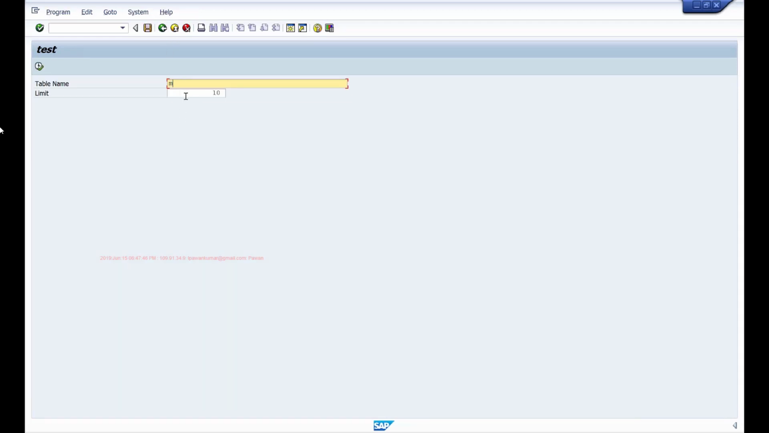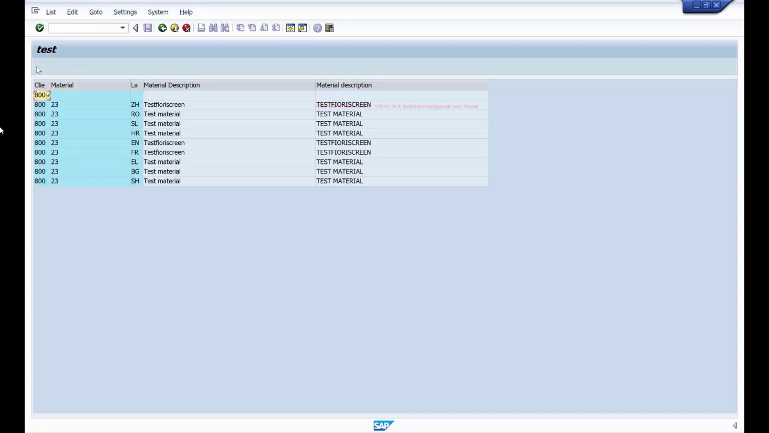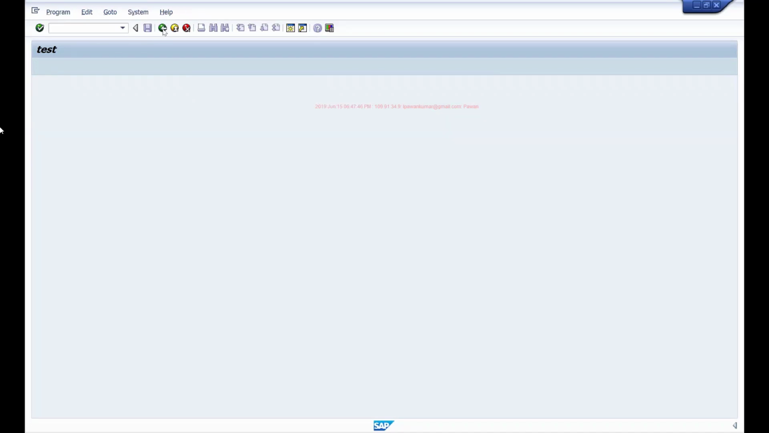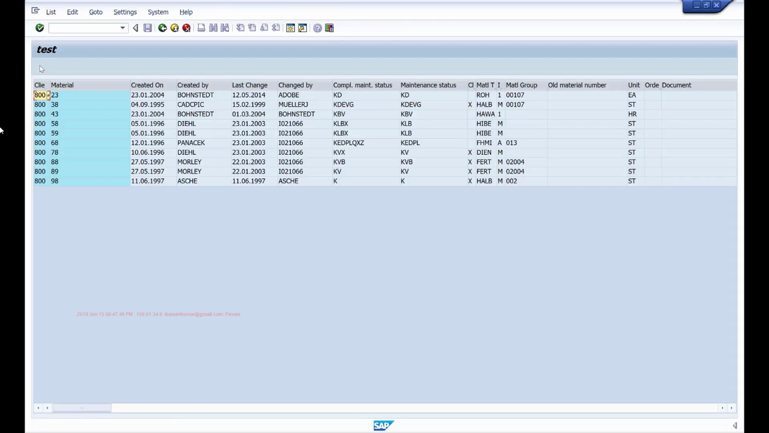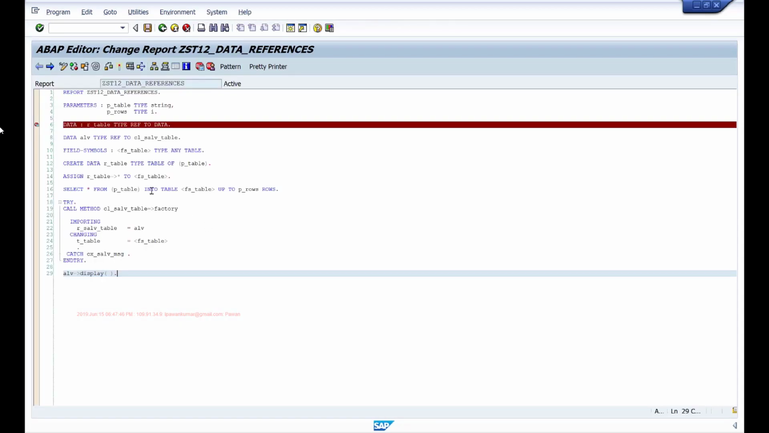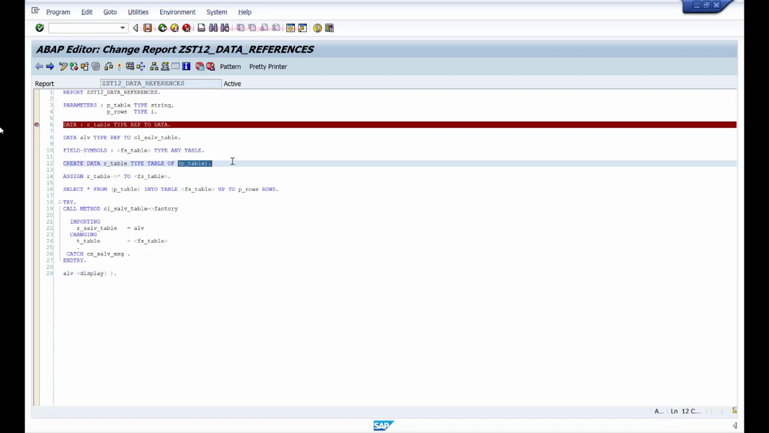And if I enter MAKT, then it pulls all the records from MAKT, the first 10 records. If I give MARA, it pulls all the data from the MARA table, first 10 records, right? So using this data reference, you can see I could dynamically determine my type, what type of data object this should be, and then I've handled everything dynamically. So whatever table name you pass to this program, it will pull the data from that table and display it